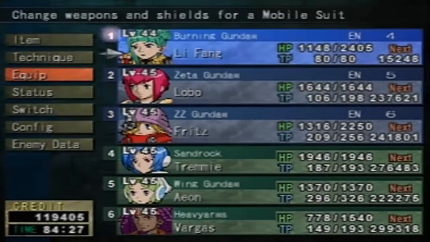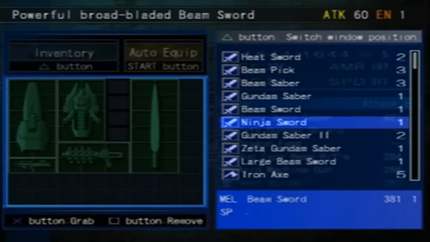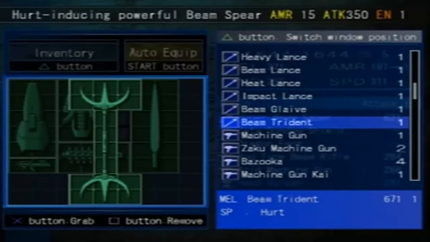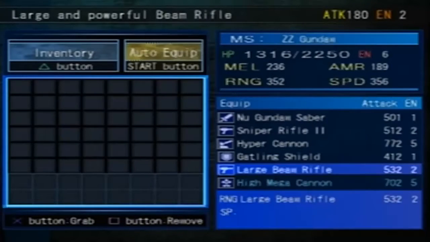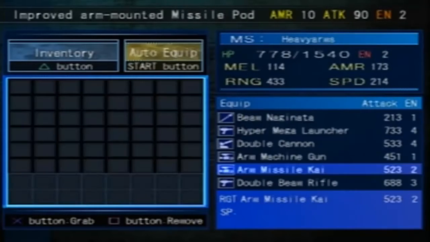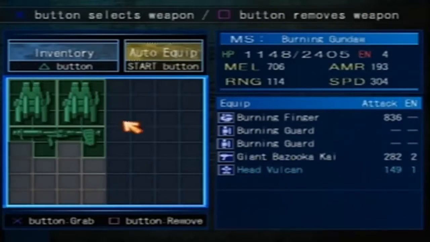But yeah, we now have access to the Beam Glaive. Well, ironically, this isn't even the best spear I have right now. My best spear is the Beam Trident right here. But both of them go full length, so the only suit that can equip them, like I said, is the Burning Gundam. Not even the Wing Gundam has enough space for this. I'm sure there's one other suit that might be able to equip this stuff, but it seems rather irritating